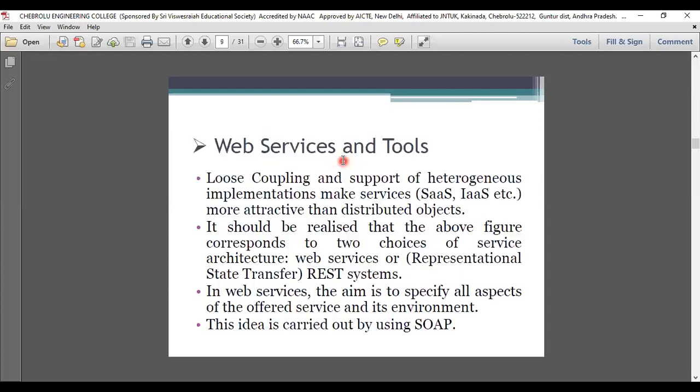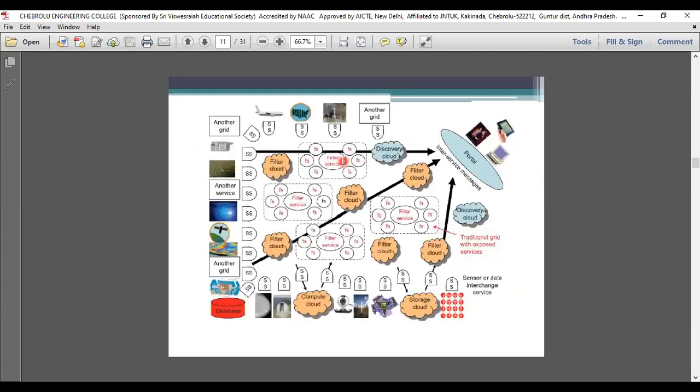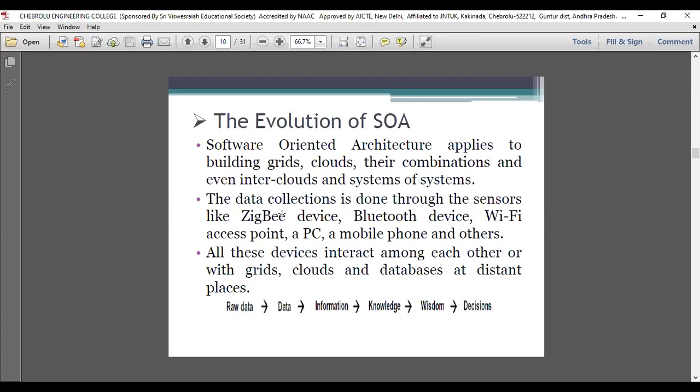So I am showing you one example here. In the previous sessions we have seen this one. I want to take a decision on how these SOA have been designed. We do not take any raw data to presentations here. We take the raw data and convert it into data, then information, then knowledge, and then wisdom. From that wisdom I am able to take the decisions on what I have to perform here.